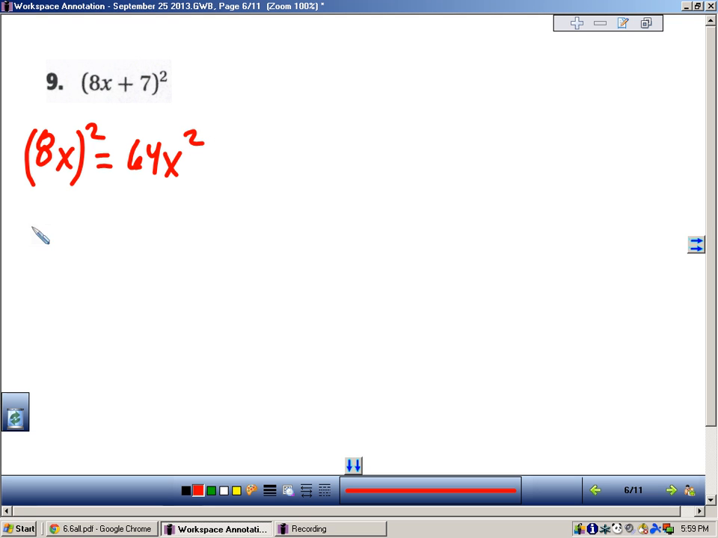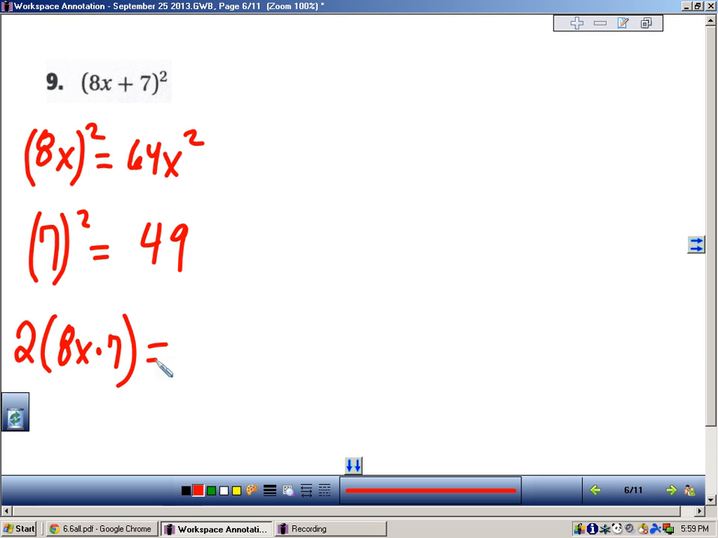Take your last term, 7, and square it. Take your first and last term and multiply them, and then double it. So it's 2 times the first and last term. So that's 56 times 2 is 112. Right? I think. I hope I didn't make a mistake. So if that's the middle term, our solution would be